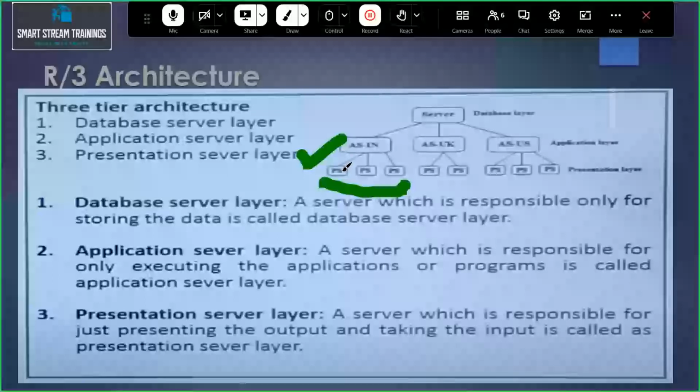That is the process. Whichever layer we can view the data through is called the presentation layer, like your laptop or desktop, and through that you can request data from the server. But in this case, the request will not hit the server directly.